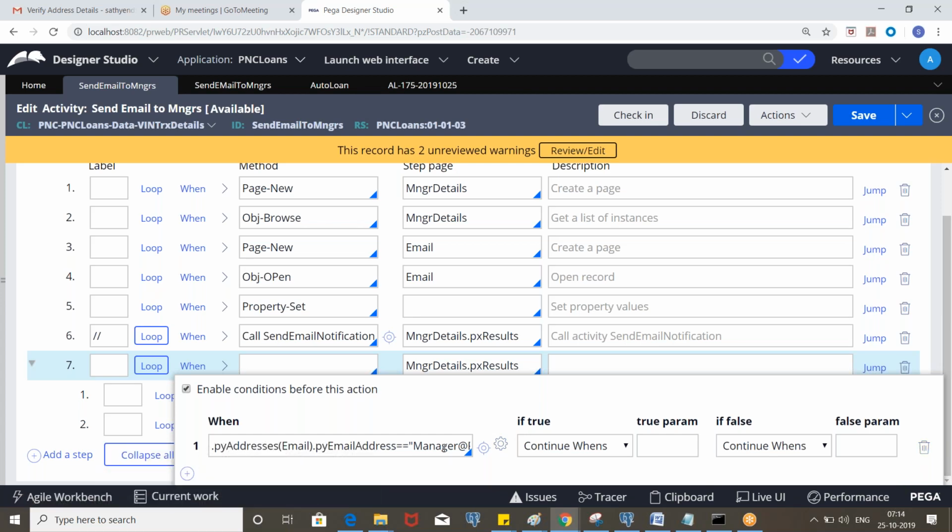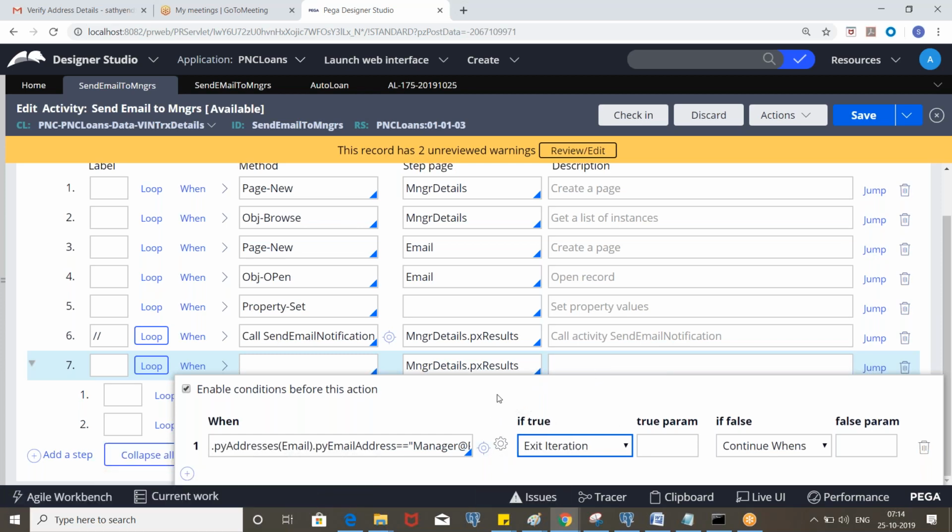So if it is manager at the rate of PNC, then we don't need to send an email, right? In that case, it will exit from the iteration and go for the second iteration. We have 3 pages and it will execute 3 times.